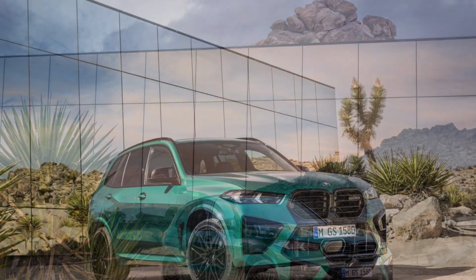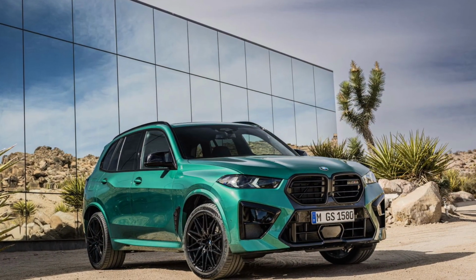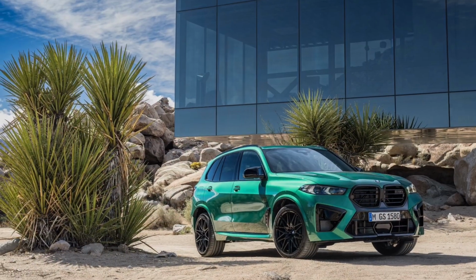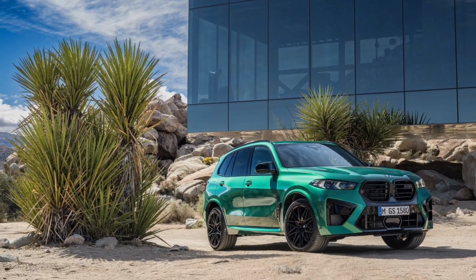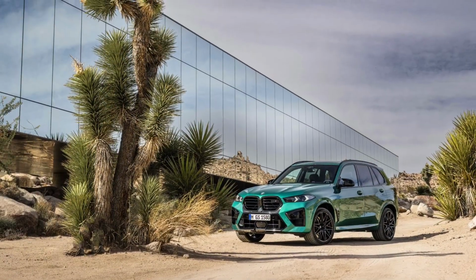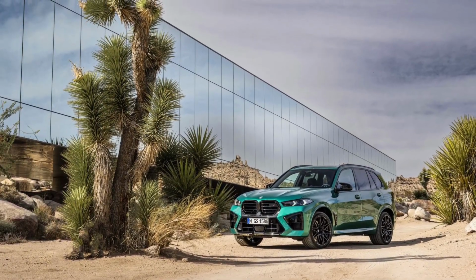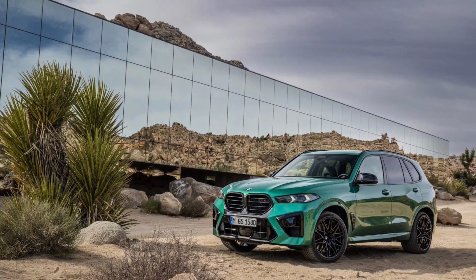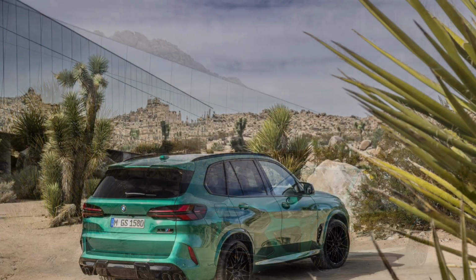Its range of functions also includes active park distance control, the reversing assist camera and the reversing assistant. On models fitted with the optional parking assistant professional, the reversing assistant is able to store steering movements for distances of up to 200 meters and then reproduce them in reverse. Besides this, drivers also have the ability to control maneuvers into and out of particularly tight parking spaces from outside